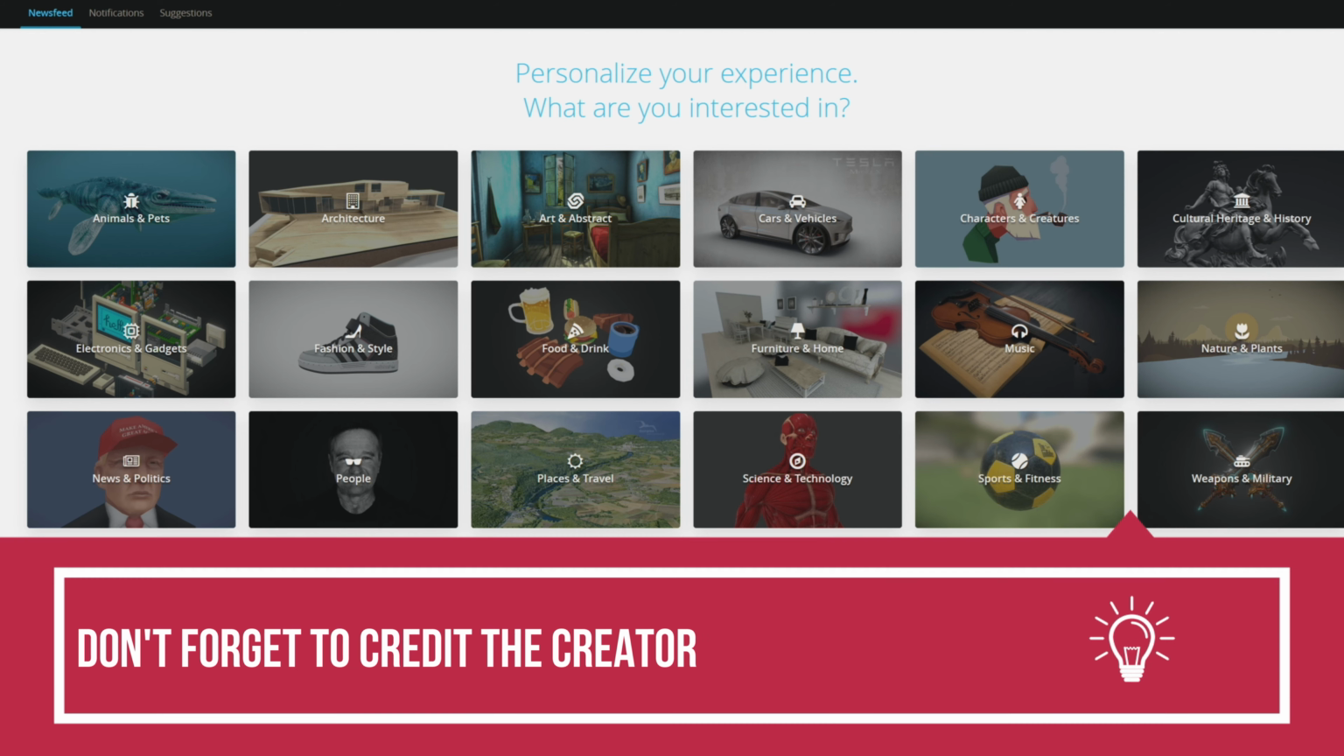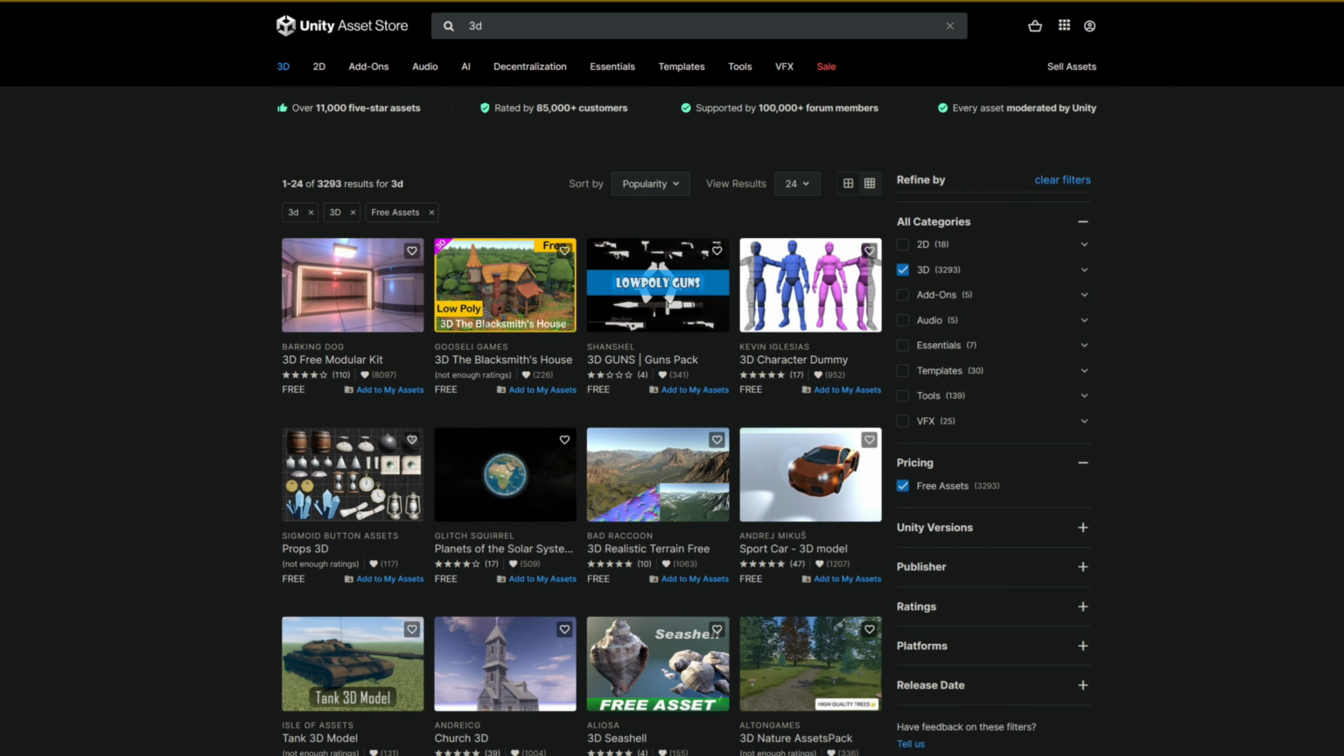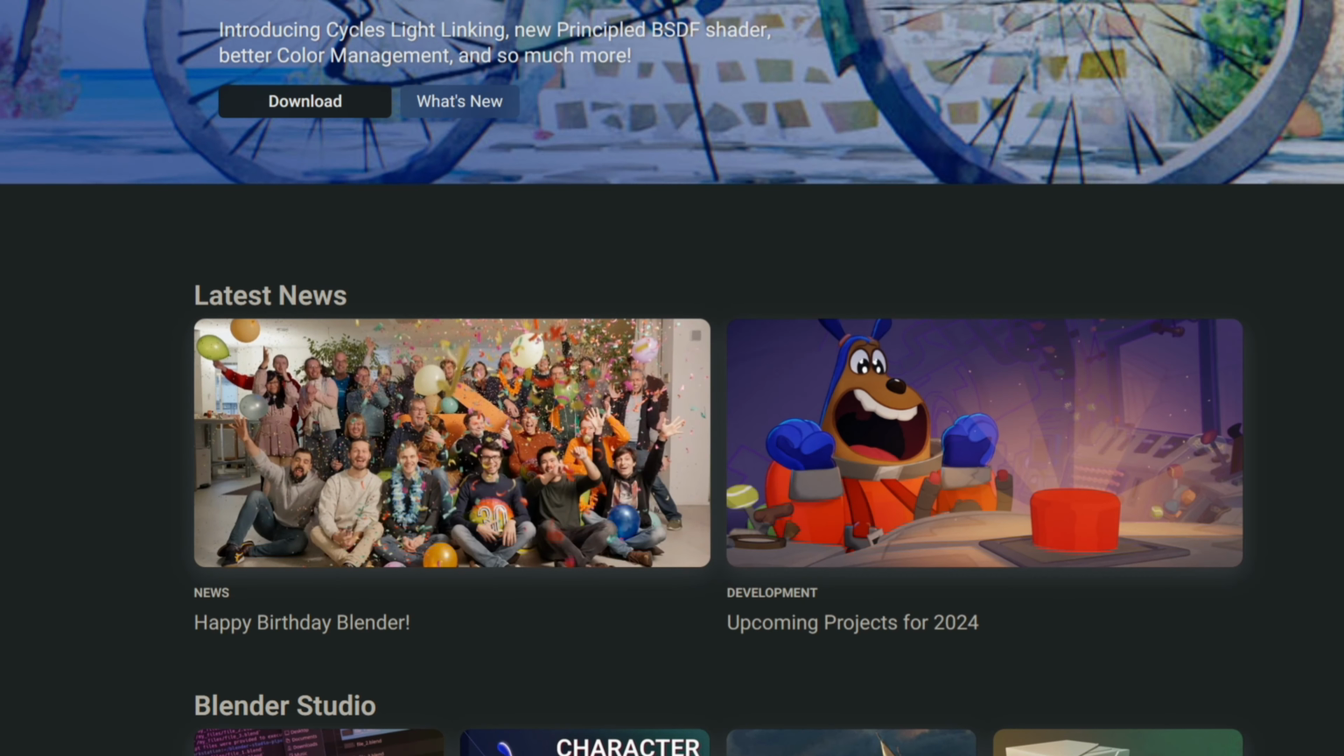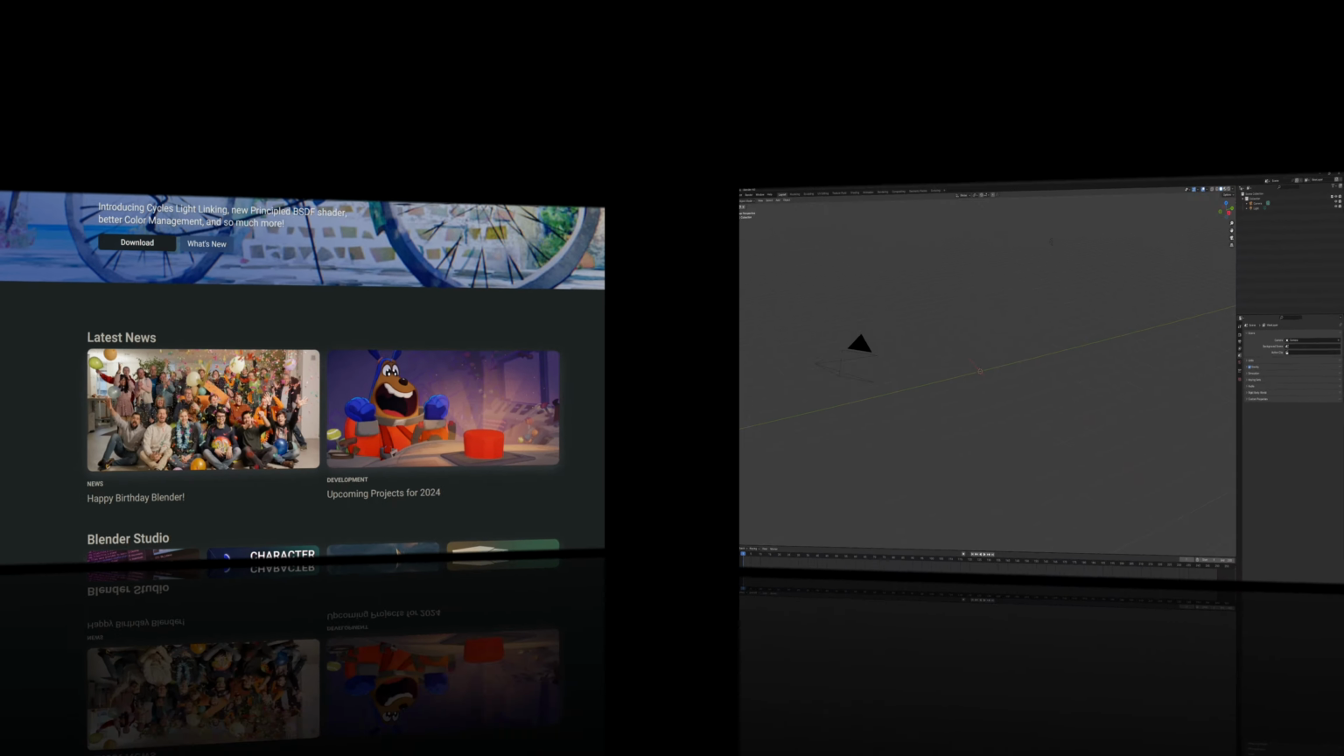Just remember to credit the original creator. Or you can find meshes on the Unity Asset Store if you search by 3D and then free assets. I will show later how to get the meshes out of Unity so that you can use them with Trailmakers. So let's create a basic cube mesh for now using Blender, and you can go up here